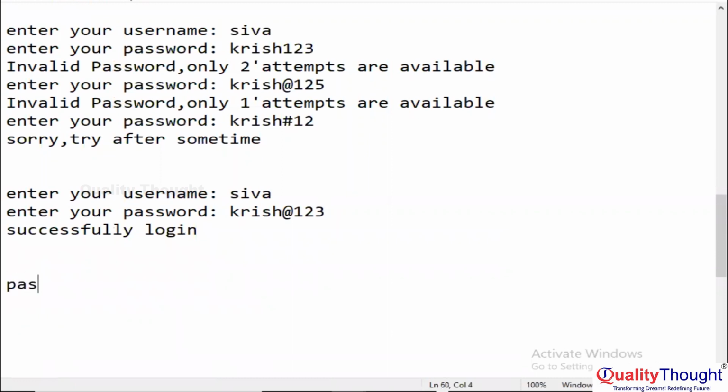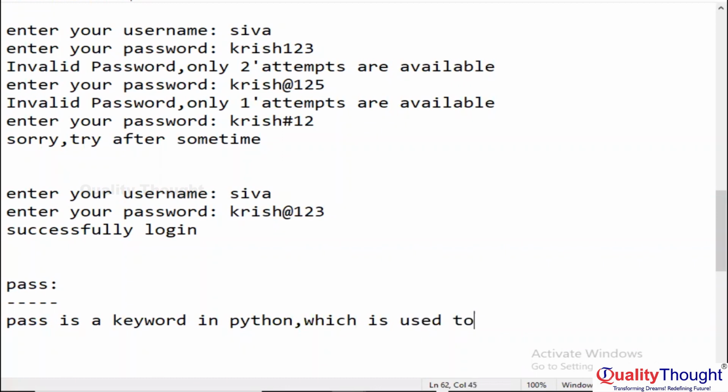Next subheading, pass statement. Pass is a keyword in Python. Pass is a keyword in Python which is used to create a